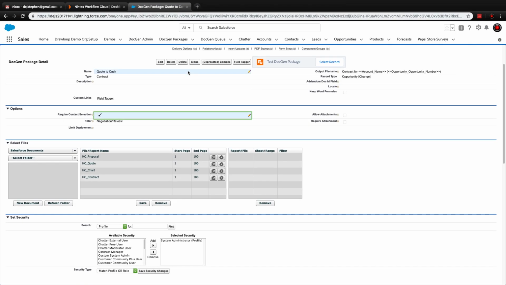Hello. I'm going to review how to connect an existing Drawloop document package and use a Nintex workflow as a delivery option for the document that you're going to be delivering. And this is going to be very useful for when you're trying to do something a little bit more advanced than just delivering it to maybe one location, just like a Box delivery or doing something like that, because it's